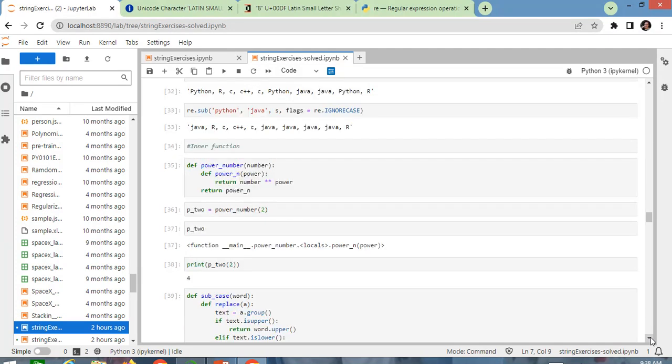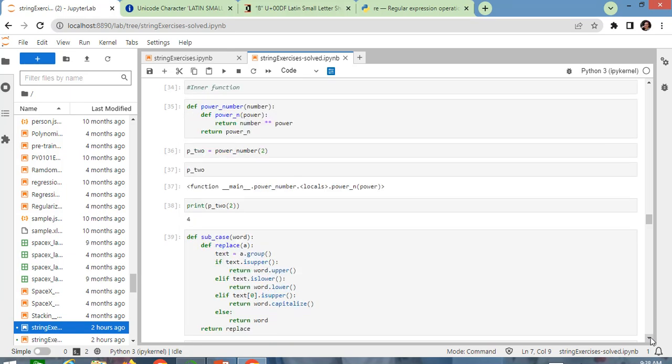The last task is to use the internal function. Let me explain a little about the internal function. Suppose we have the power number function. This 2 is a number that is going to reach in power. P2 is a function that we have to give a number to. To know how many powers this 2 is going to reach, that is when we run power number, power n